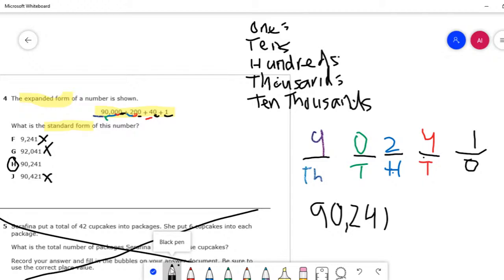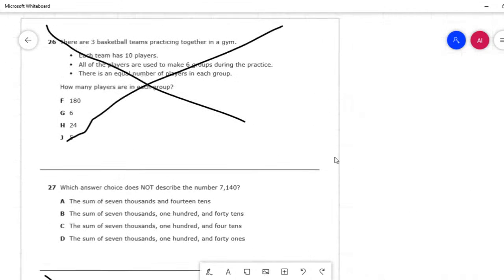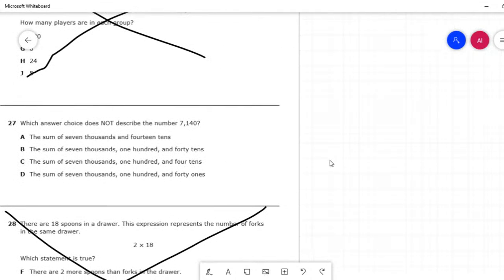Okay, so if we don't have any questions, I will move on to our problem number 27 from the same STAAR,